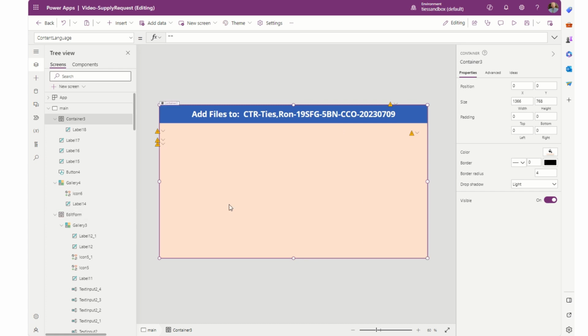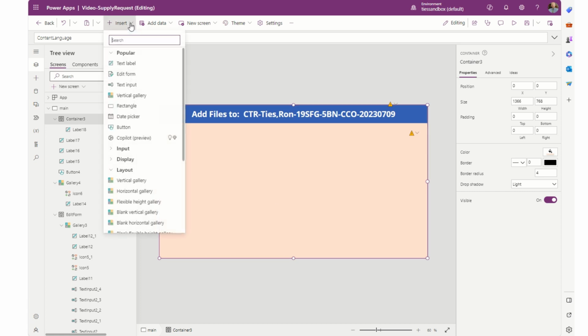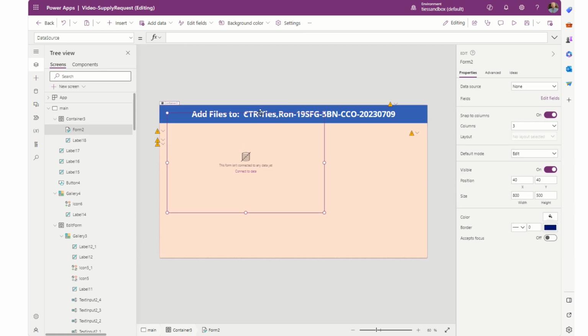Now, there's three things required for this. You need a gallery, you need an attachments control, and you need a button. What goes along with that is a collection and a flow. So what we're going to do is first insert our attachments. You can only get an attachment control through an edit form control. We don't need to leave it up, but we need to copy the control out of the form. So first thing we're going to do is go insert, edit form, bring this down here,